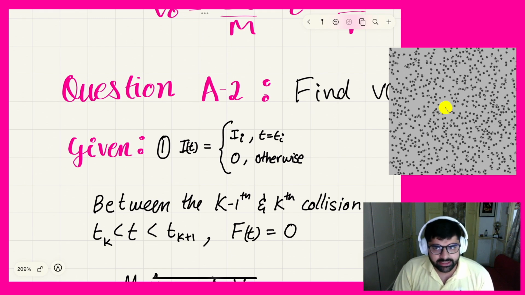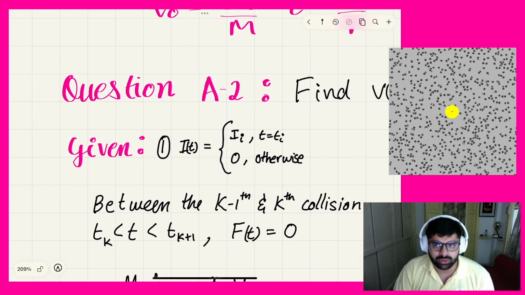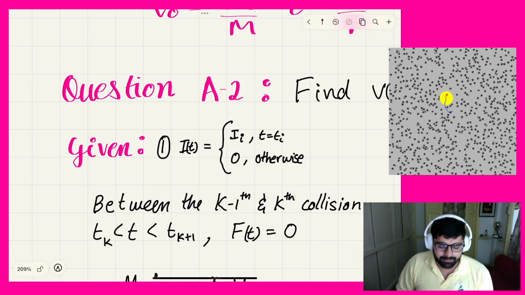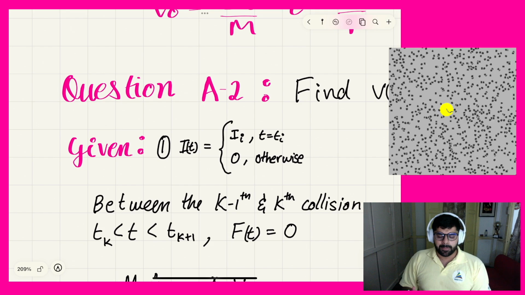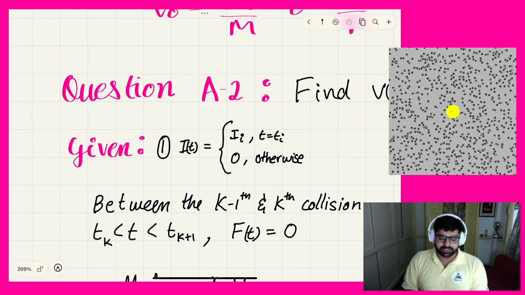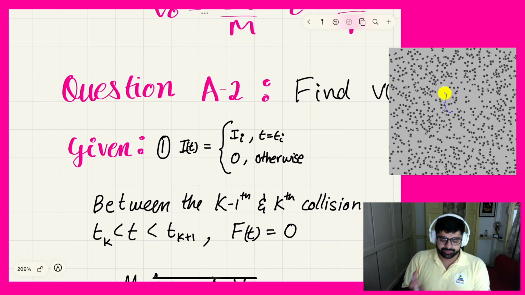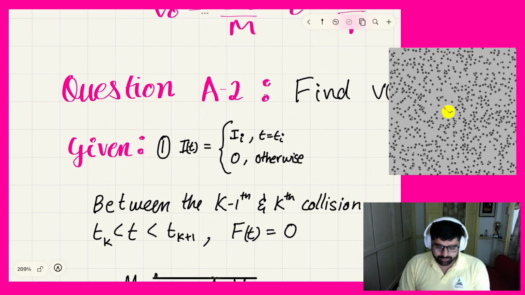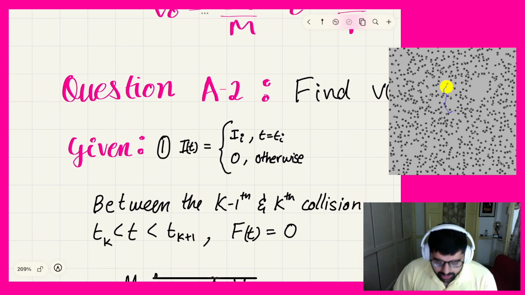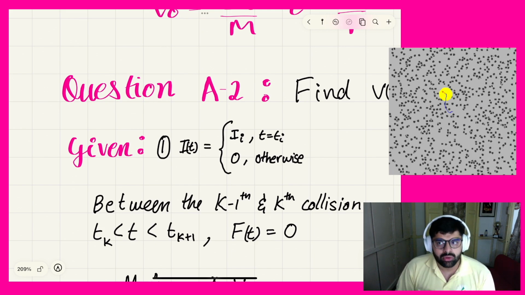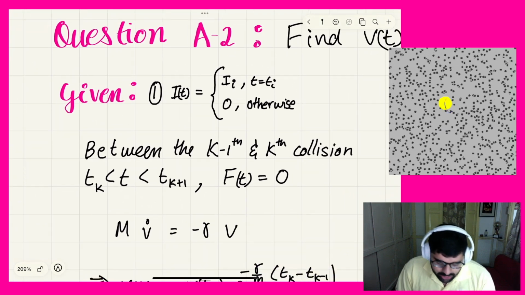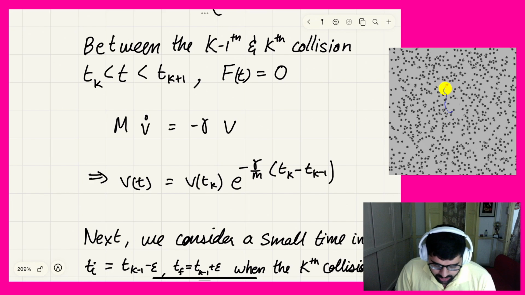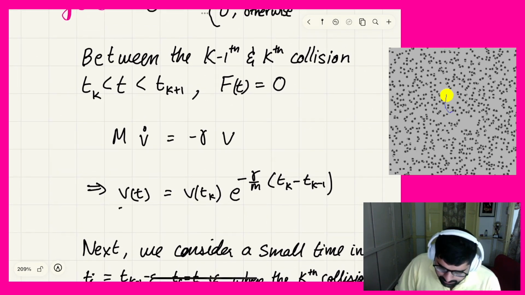So let us consider when time is between the (k minus 1)th and kth collision. For example, the second and third collision, what happens? Time is in between tk and tk plus 1, and f of t is 0 when a collision is not taking place. So we have this equation. Similar to before, when we solve this equation, we get v of t is equal to